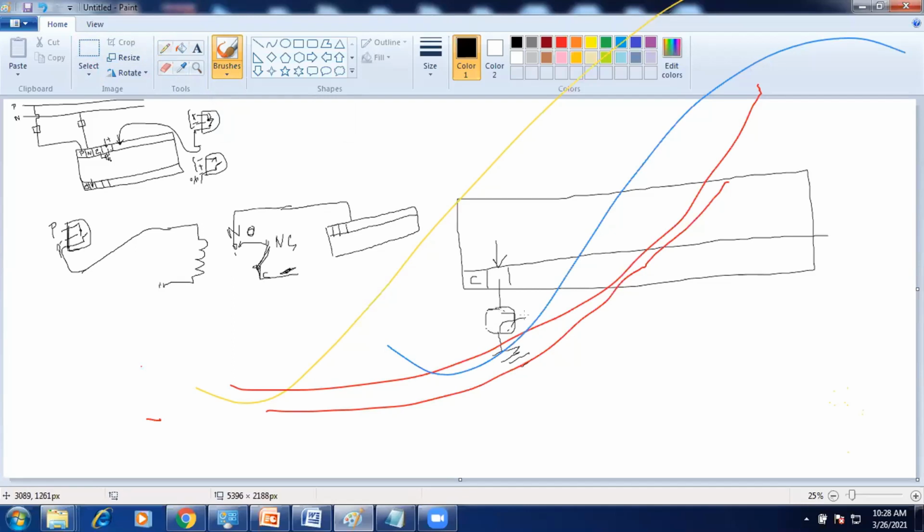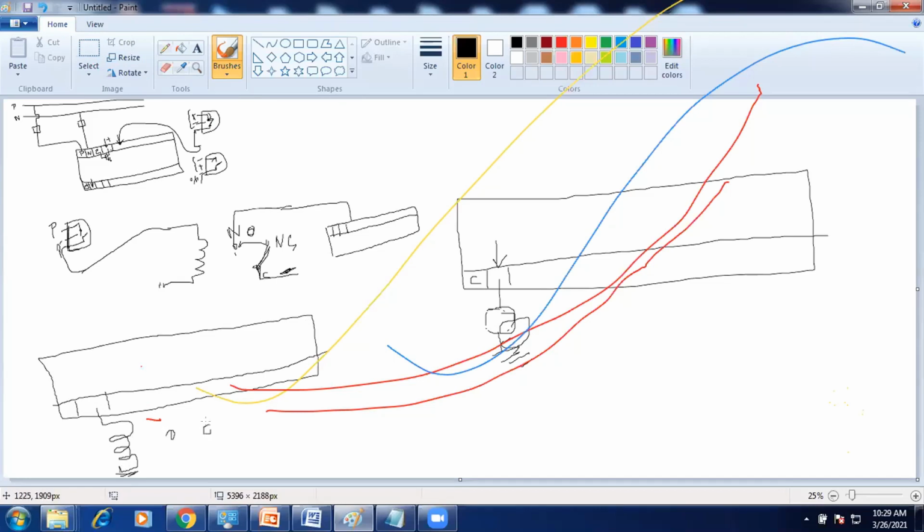Instead of the motor connection, here I am going to connect a relay. From this pin I am going to connect a relay. Another end of the relay will be connected to ground. So while I am getting supply, here I am having negative, so the coil will be energized.